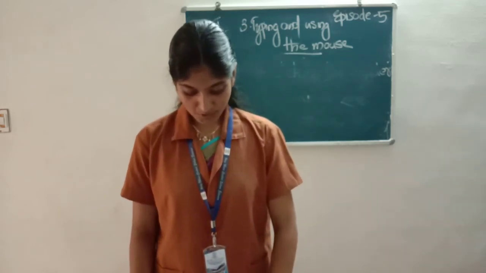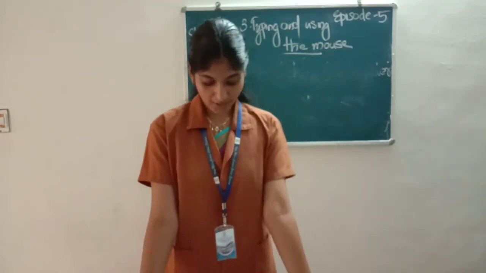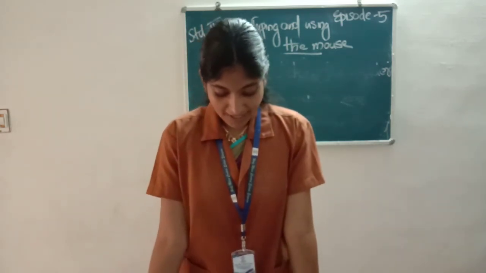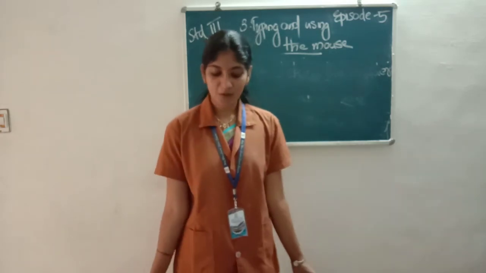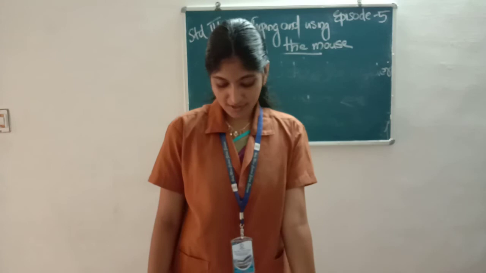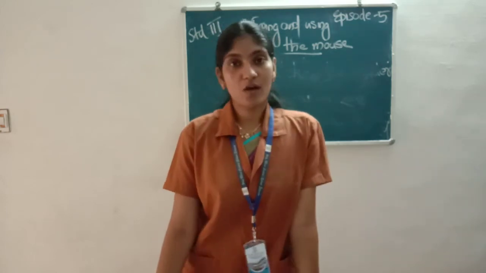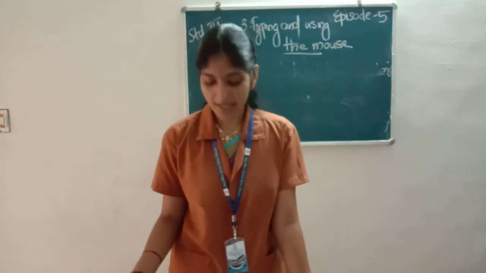Then sixth question, which keys are used to control the operations of a CD player? We already discussed it today. Can you tell me? A, multimedia key; B, numeric key; C, arrow key; and D, function key. Which is the key to control the operations of a CD or a DVD player, and is also used to control the speaker volume? The multimedia key, which is present in the multimedia keyboard.